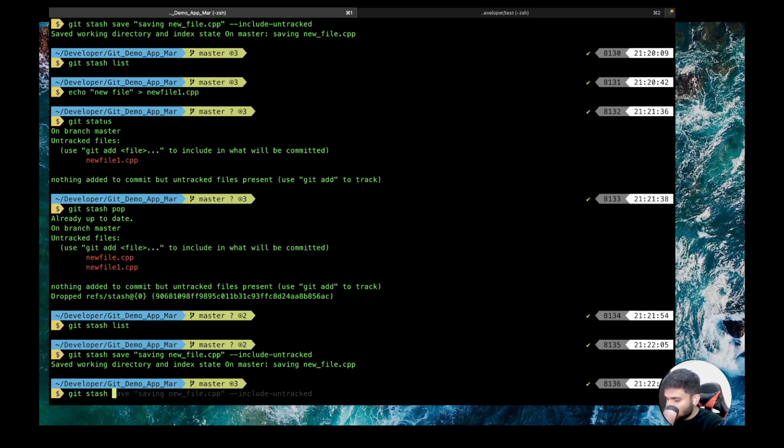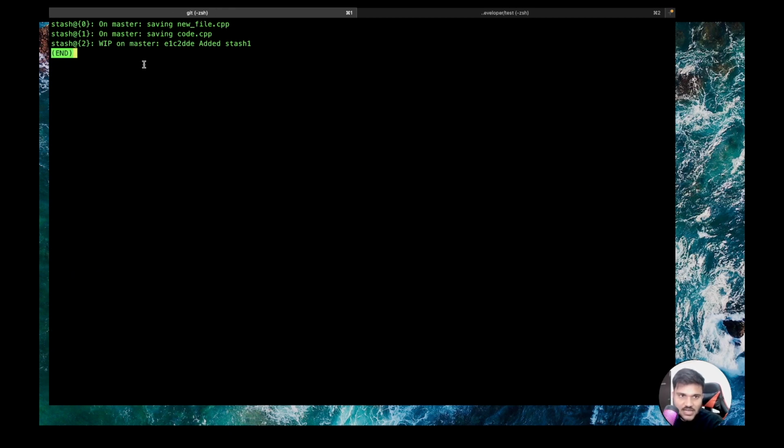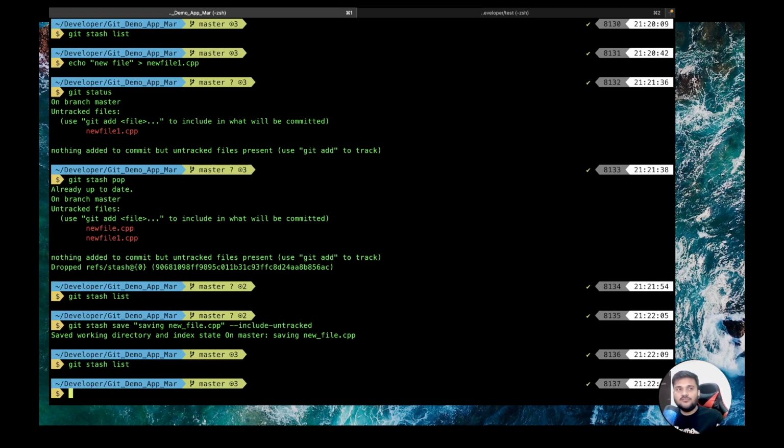If you now do git stash list, then your last stash has been updated. So this is one way in which, if you want to add changes to the last stash, you can do it. This is helpful if you don't want to create multiple stashes, but you have to algorithmically handle how your stack is handling all the stashes and at what point you want to make the corresponding changes.